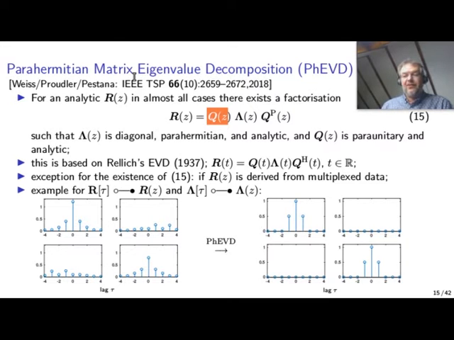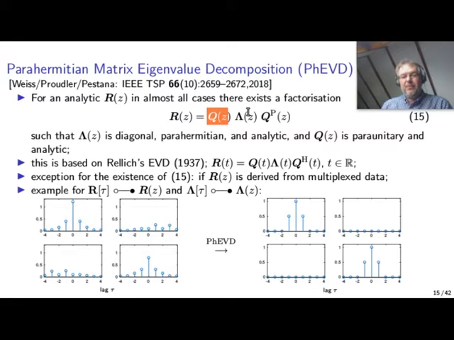And if R(z) is analytic, so if the space-time covariance matrix, for example, emerges from a system or from signals that have gone through stable causal components, then R(z) will be analytic and these factors will also be analytic. That means that the time domain components will decay at least exponentially and therefore can be very nicely approximated by